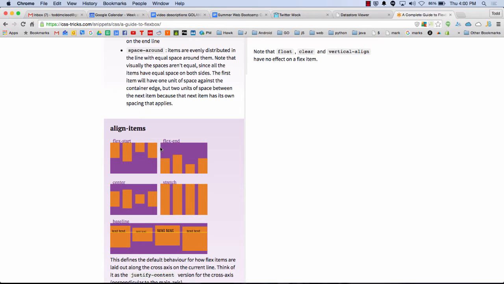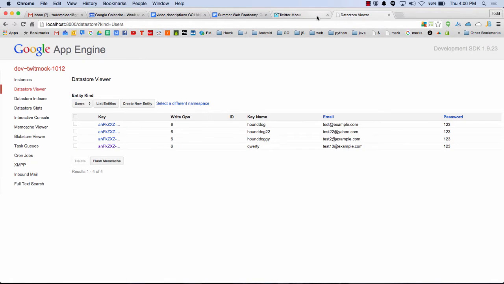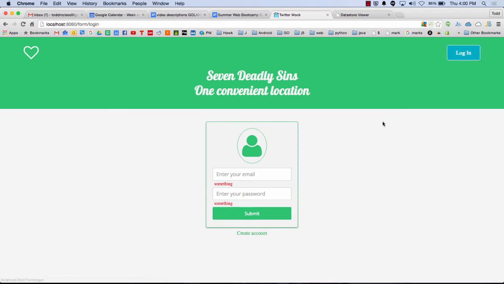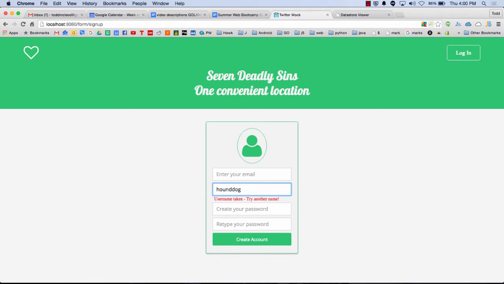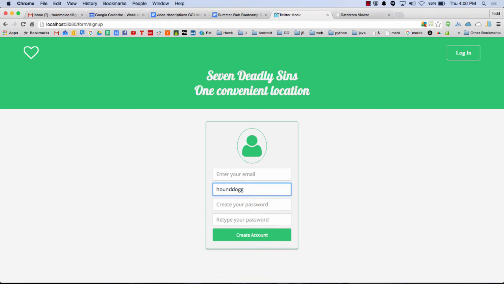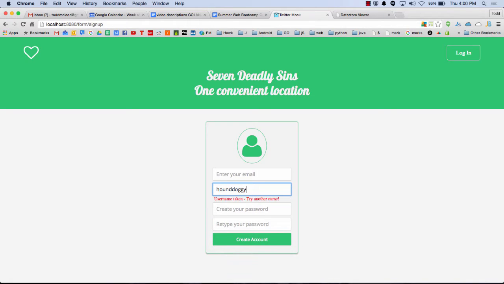that's Flexbox. And so we're going to see how that was applied here in this layout. Check this out, Rio. Log in, create an account, and I want to be Hound Dog. Awesome. Checking the database to see who has what names, keystroke by keystroke. Is it on blur? Ajax.